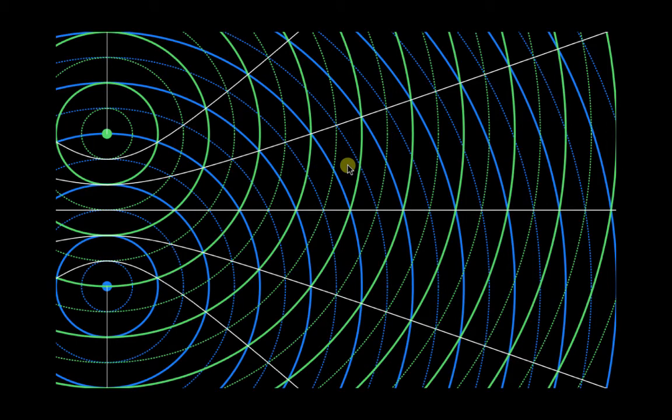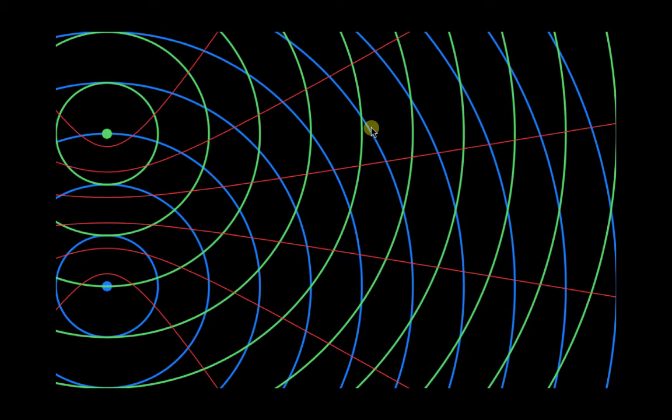And we can also draw, well, sometimes I think it's nice to look at these with also the troughs showing, because we can also see that the trough points are also points of constructive interference. And these are called the antinodal lines, and these are the nodal lines, and they show the points of destructive